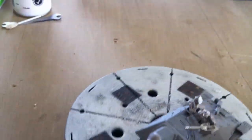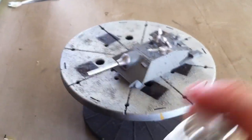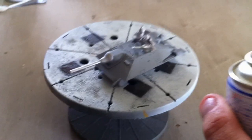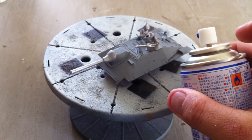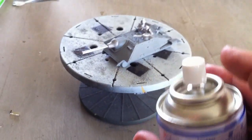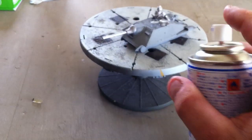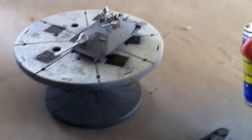on it. Now I've shaken this pretty well. When we spray, and I'm doing this with one hand, light passes. So basically, you don't want to be up on the model like this, because all you're going to do is get this mass amount of paint on it. It's going to be running. It's going to look crap. So you want to come back away from the model about, if you look here, 15-20 centimeters,